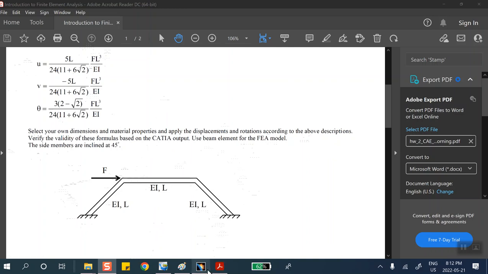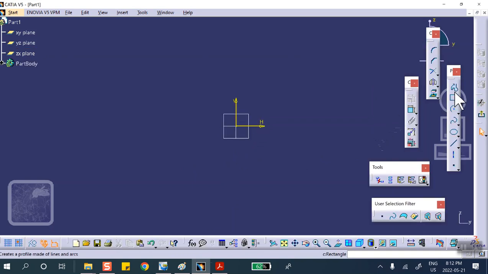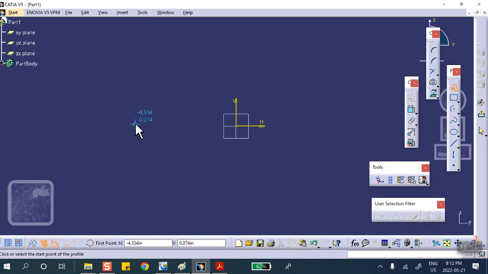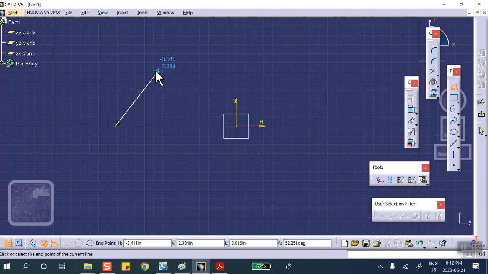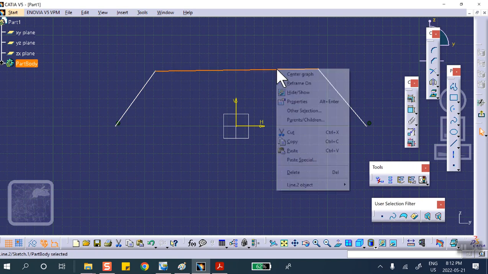frame. Okay, so let's go ahead here, and I'm going to put it in a sketch. It's a very simple problem. So sketch. So let's draw something like that. By the way, my grid is not showing, so let me activate it. Okay, so something like this, and we're going to clean it up in a minute. First of all, let's make this thing